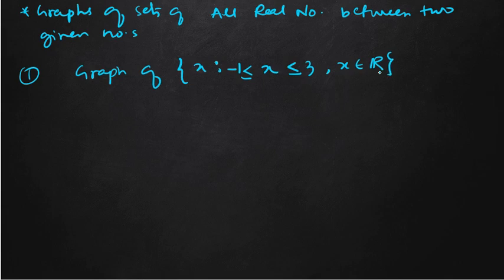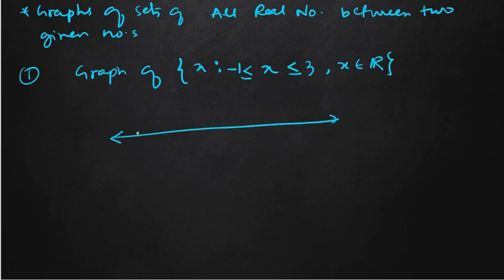So x is a real number. So what is a real number? All the numbers in the universe are known as real numbers. That is 1, 2, 1.1, 1.2, 1.21, 1.32, all the points. Okay, so we have to write all the real numbers in between -1 and 3, and -1 is also included. Okay, so if it was greater than -1, then we cannot include -1, but if it is an equal to sign, that means we have to start from -1.